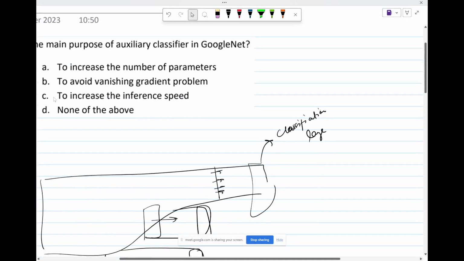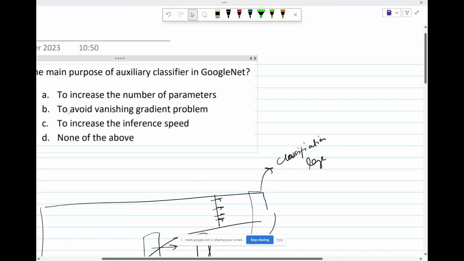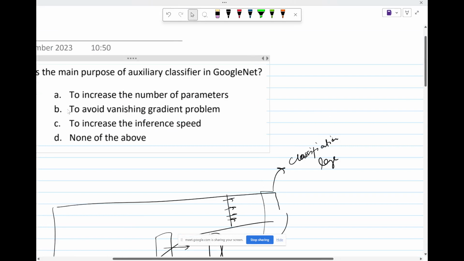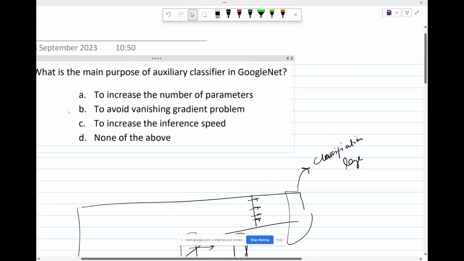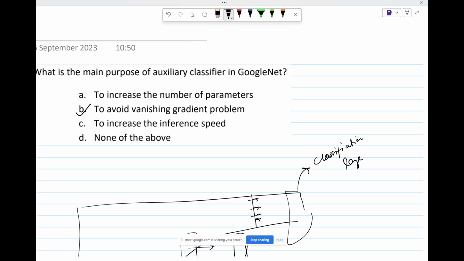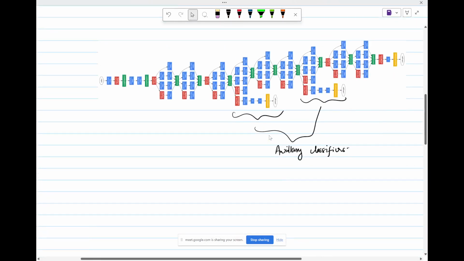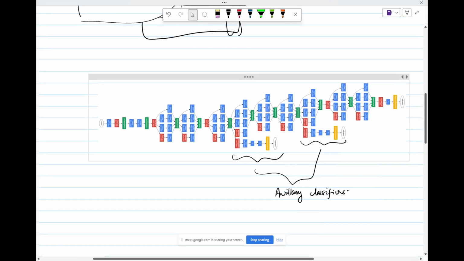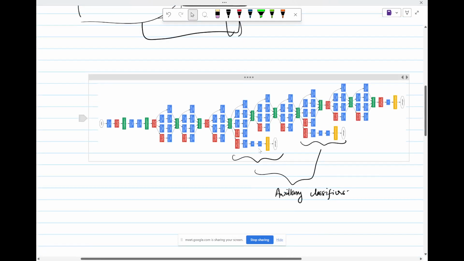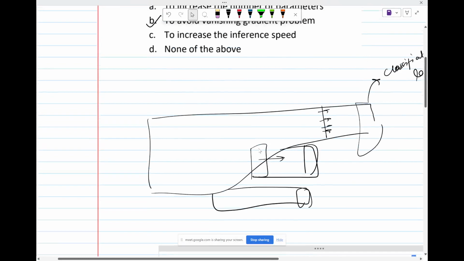So then what is the main purpose? The main purpose is to avoid the vanishing gradient problem. So this is the correct answer. If you look at the other options, it is saying to increase the number of parameters. I mean, yes, if you add more such auxiliary classifiers, the number of parameters do increase, but that is not the purpose for which they are introduced. That is sort of a consequence. The purpose is to get rid of the vanishing gradient problem,